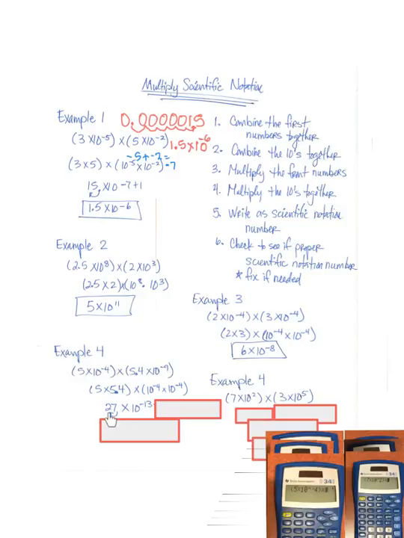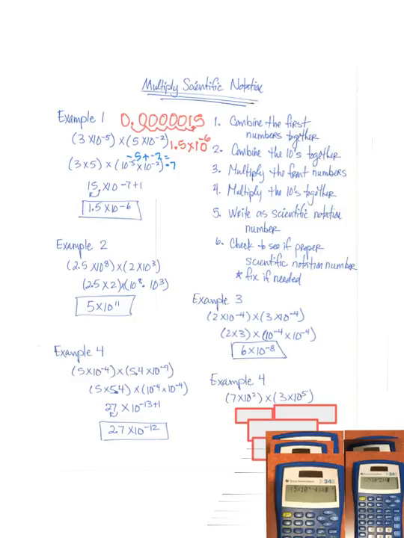So we have to go ahead and move the decimal, as you can kind of see here. So we're making this smaller. So then that means we have to go ahead and make the top part bigger, and we're doing it by adding 1 because we only moved 1 decimal place. And then if we go ahead and put all of that together, our final answer will be 2.7 times 10